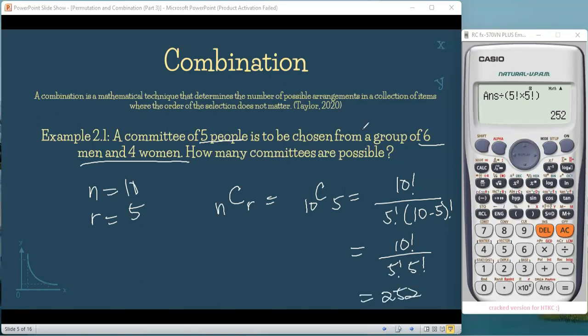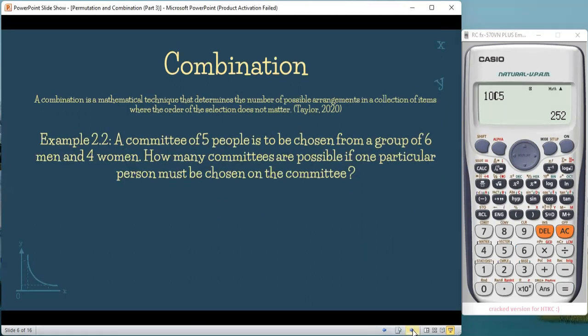So try po natin yung calculator na diretso lang po. So that is 10, shift division sign for our combination, then 5. So that will give us 252. So correct po. So meaning to say, yung combinations daw po na magkakaroon tayo ng committee na may 5 people is 252. So paano naman po kapag ang tinanong how many committees are possible if one particular person must be